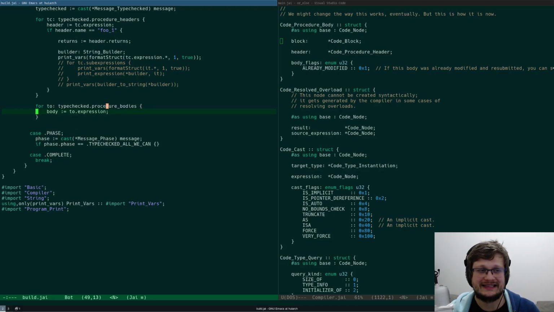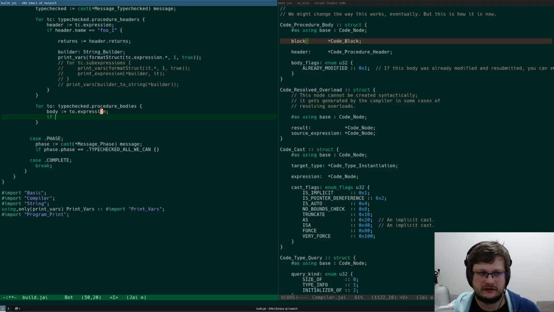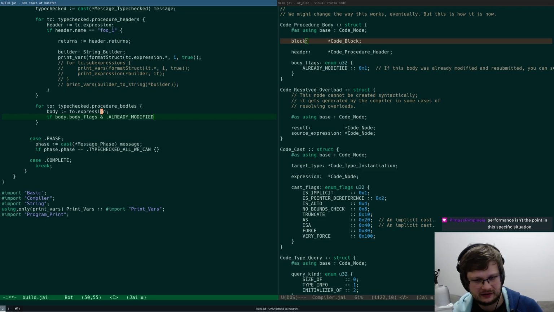But yeah, let's inspect the code body here. I have a block. So I guess if body flags, and I guess that. And yeah, performance is the point, right?